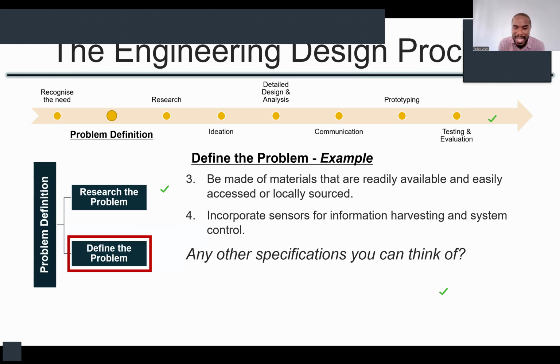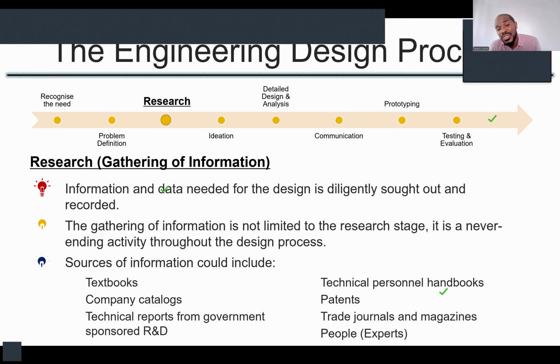You define specifically what your design process is going to be trying to achieve in order to solve the problem. Okay. The next step is the research stage. Okay. At the research stage, what you do is you gather the information that is needed to carry out the